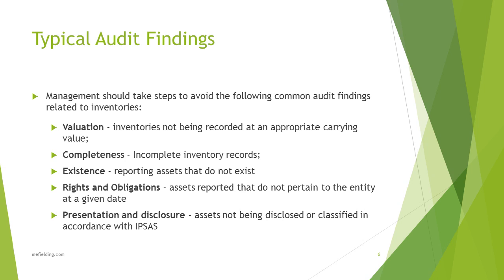Rights and obligations. You have to understand what inventory is yours and what belongs to other people. The big ones that we had, I love talking about motor cars, as you can see. We talked about consignment stock, what's yours and what's not yours. And this is something as well, something that belongs technically under an agreement to the World Bank, but NATO has access to it. Do you have control or do you not have control? And NATO probably has guns, so they can say they do have control. But you need to make sure that your inventory is appearing in the right organisation's books and records as well. And that's a big one.